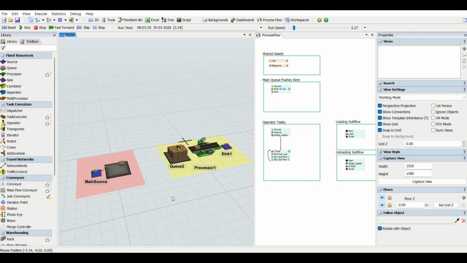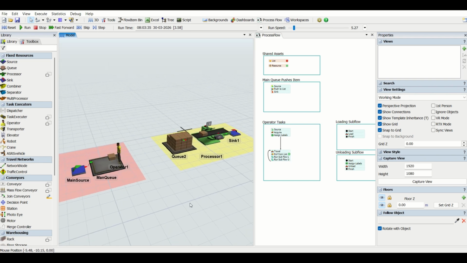So this is about our today's tutorial where we learn about creating subflows using process flow, asking an operator to transfer parts from one area to another area, with multiple parts loaded together, multiple parts unloaded together, and using arrays also